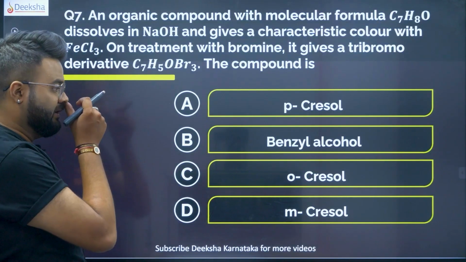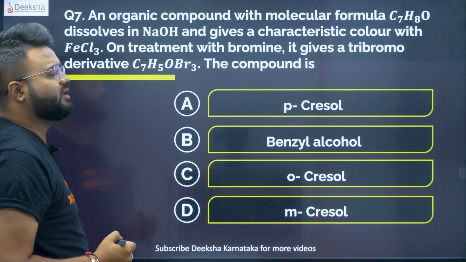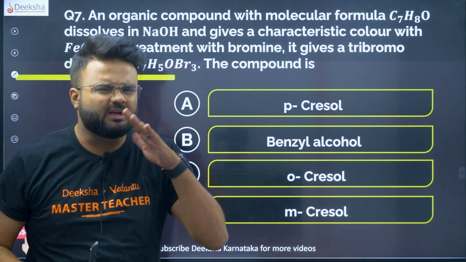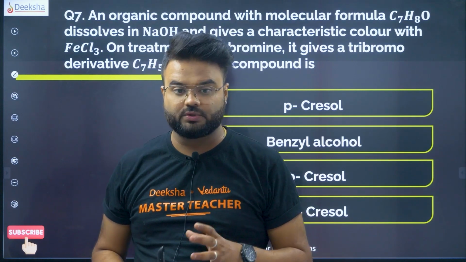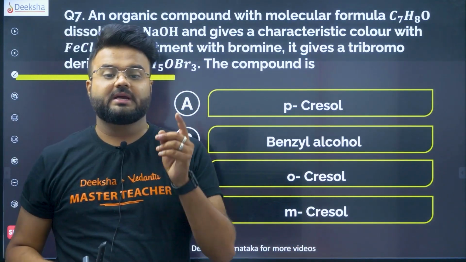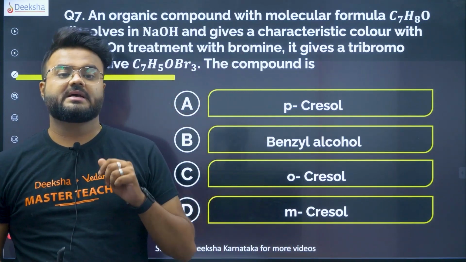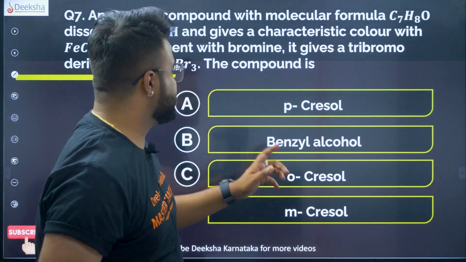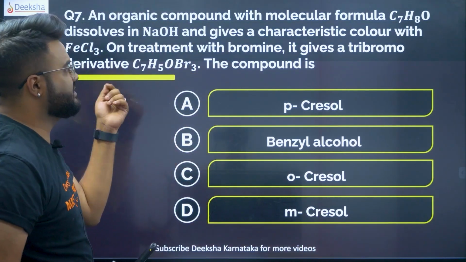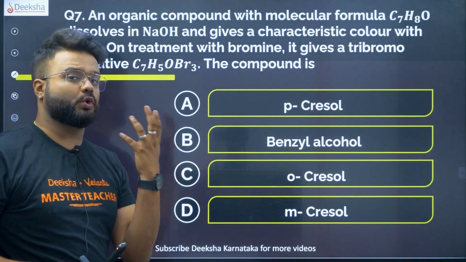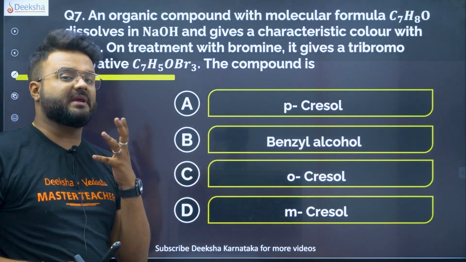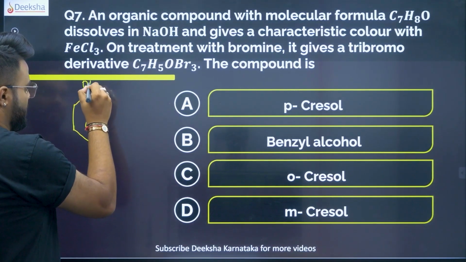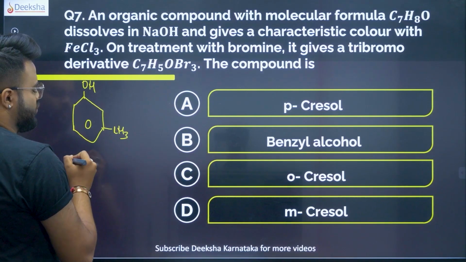Coming back to question number 7. An organic compound with molecular formula C7H8O dissolves in NaOH and gives a characteristic foul smell with a color also. On treatment with bromine, it gives a tribromo derivative, that is C7H5OBr3. When I see the Br3, I guess it is a benzene ring with OH and a methyl group. It looks like this, and here it is CH3. So what is this? That is your